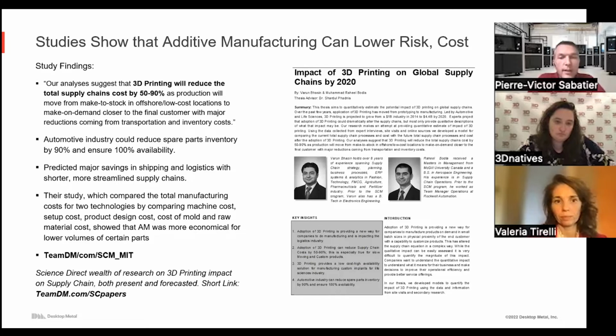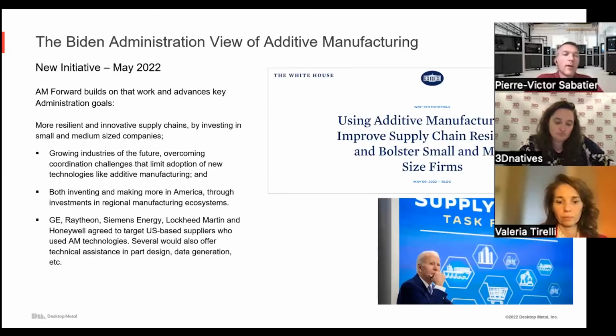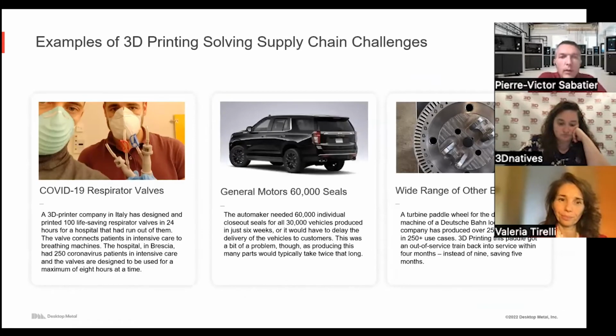If we go to the next slide, it's another example. It's not surprising that the US are promoting additive manufacturing. It's not the first time, but I wanted to highlight it's the first time that it's really linked to supply chain. The US suffered from the supply chain in the past years, and they clearly identified additive manufacturing as one solution, and they bring massive investment on that. Next slide. Also, I think we have other examples.